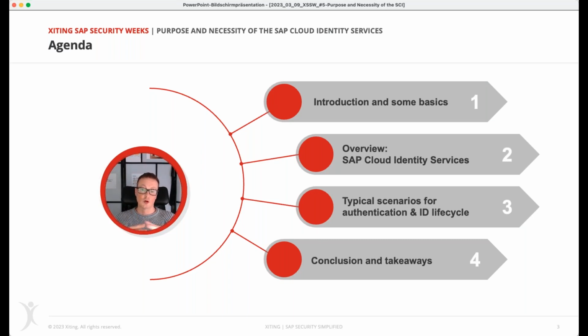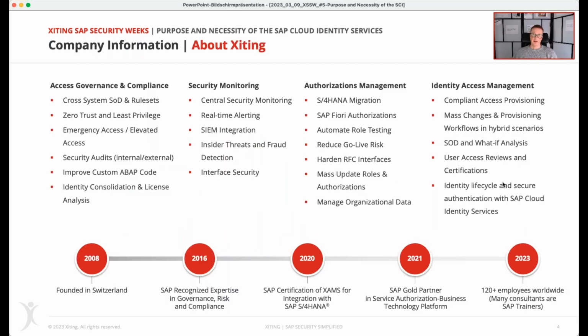And finally, we will conclude with key takeaways that contain a lot of SAP recommendations along with helpful links to documents and blogs and some of our services that will really help you to deepen the knowledge that is shared in this overview presentation.